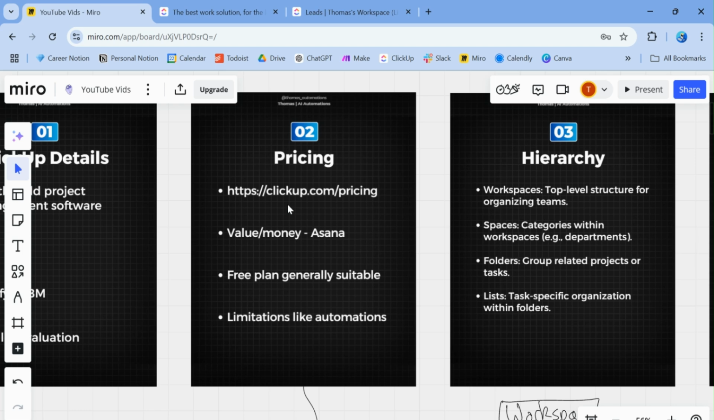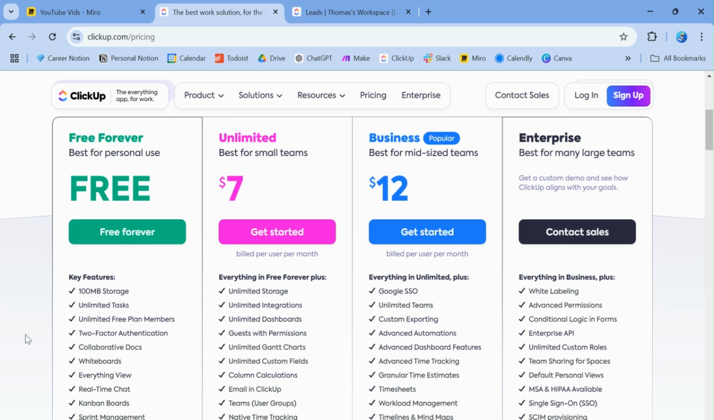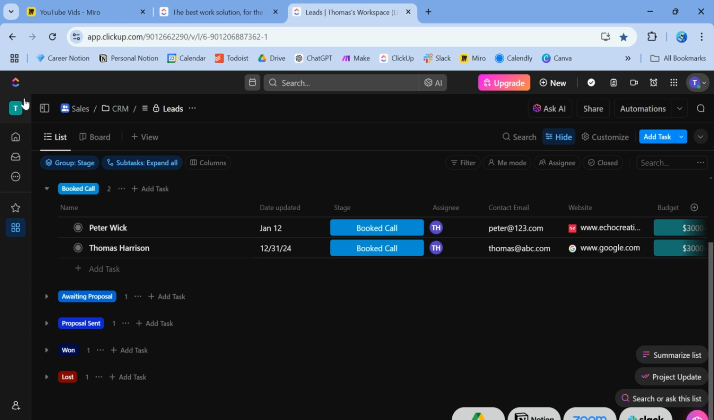If you look at pricing, generally people find that the value for money is better than competitors like Asana, although the difference isn't anything significant. And you'll find that generally the free plan is suitable for most people. One of the main reasons why you'd upgrade to the unlimited or business or even enterprise plan would be for storage, or another feature would be for automations. You only get 100 megabyte storage in the free plan, and also some automations are only accessible within the paid